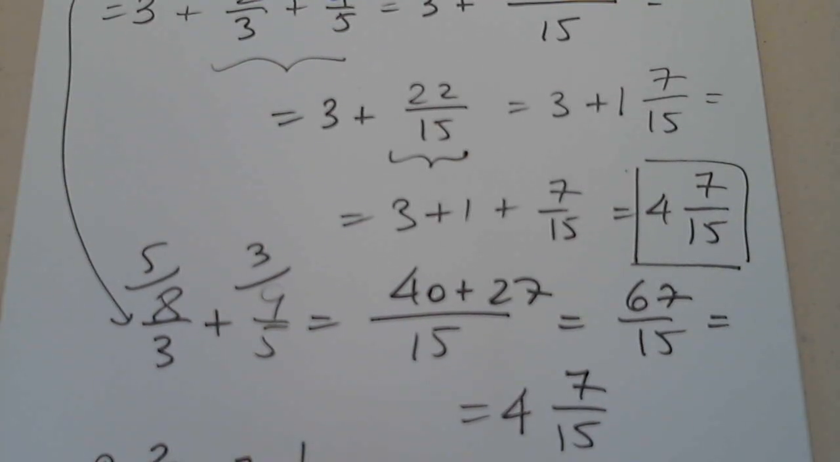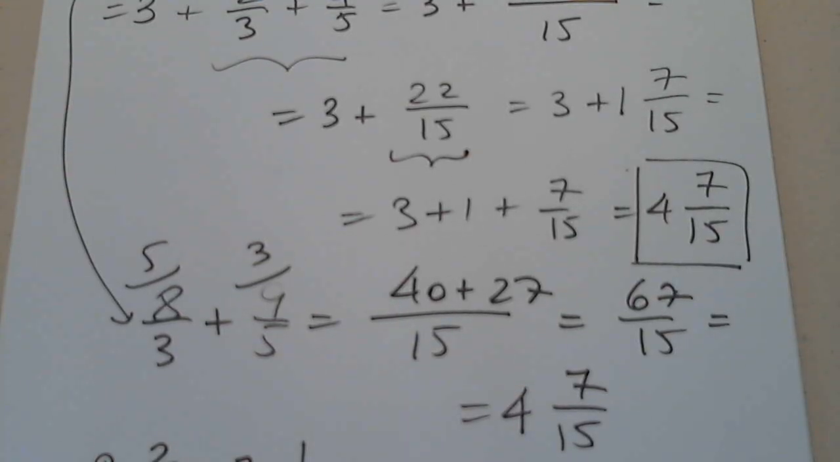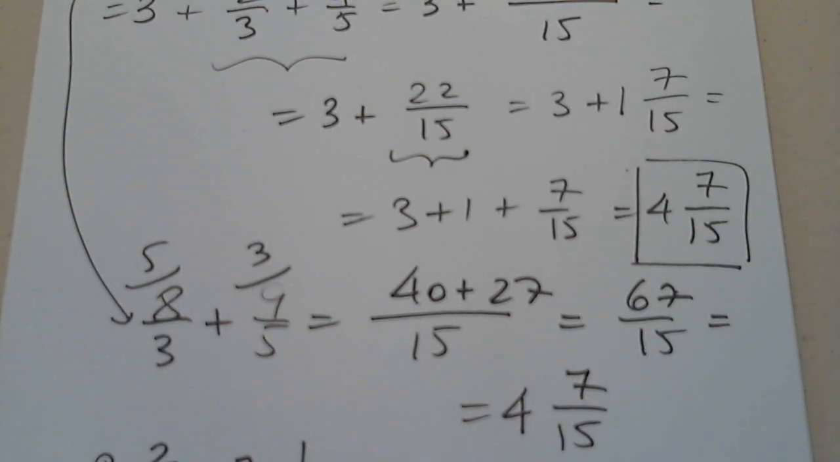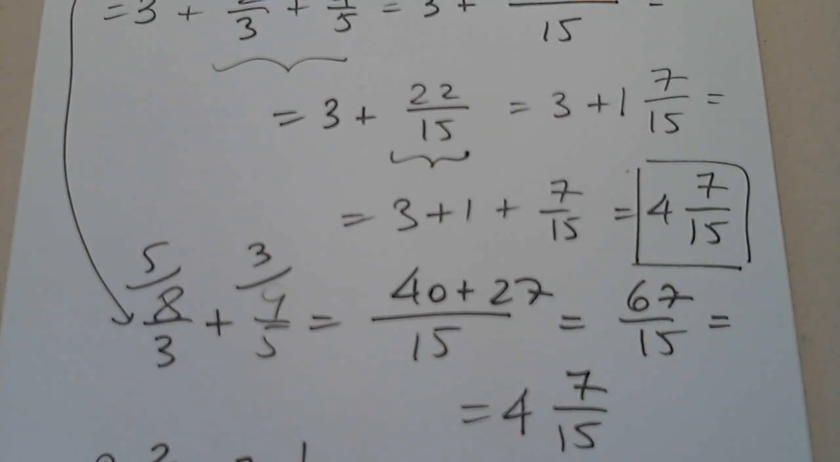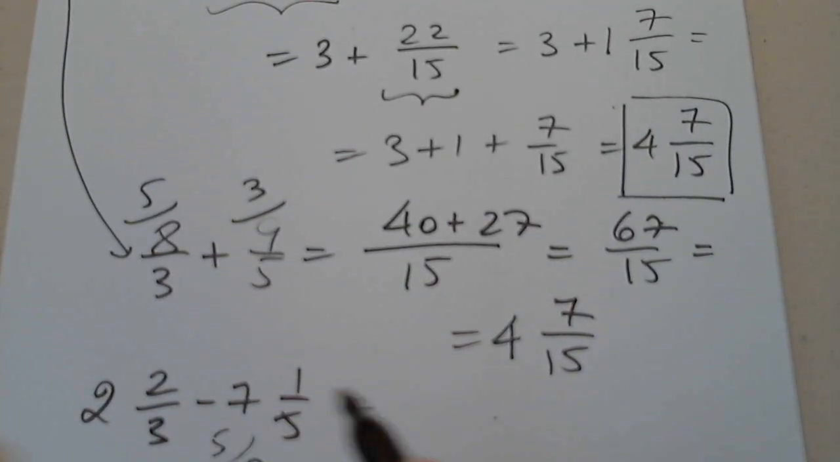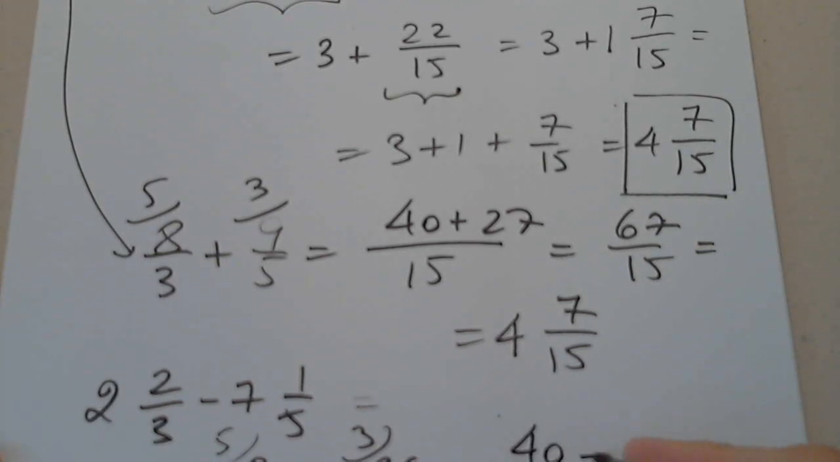So then we have 2 times 3 is 6. 6 plus 2 is 8/3 minus, not plus, sorry. 35 plus 1, 36 over 5. The same idea. Find the least common denominator. So 8/3 minus 36/5, find the least common denominator, which is 15. Again, multiply this by 5, multiply this by 3. So we have 40 minus